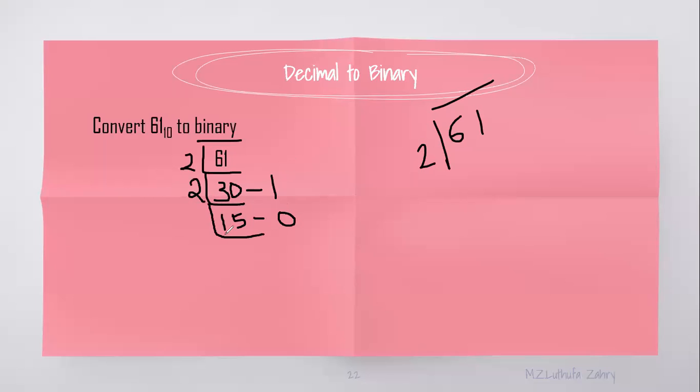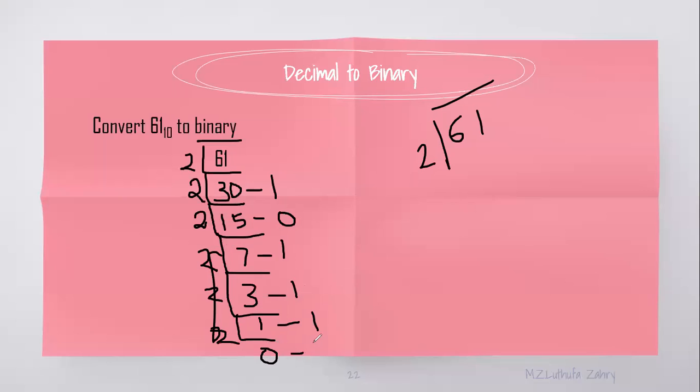Now, once again divided by 2, you'll get 7 because 2 into 7 is 14, and then 1 is the remainder. Again by 2, you'll have 3. 2 into 3 is 6, 1 remainder. And again by 2, 1 into 2 is 2, so 1 remainder. Finally, making the quotient 0 by dividing it by 2, it becomes 0 and 1. So those people who sent this answer, your answer is right. Others, do check it, please. So 111101 base 2 equals 61 base 10.